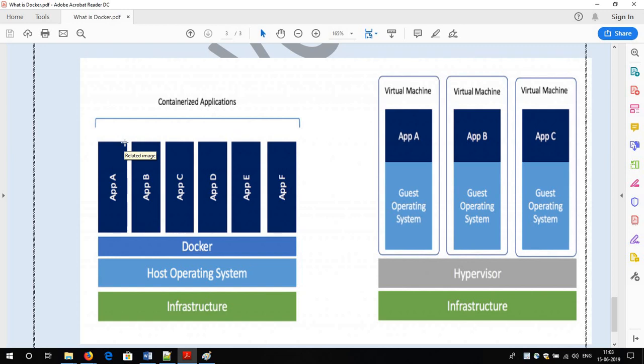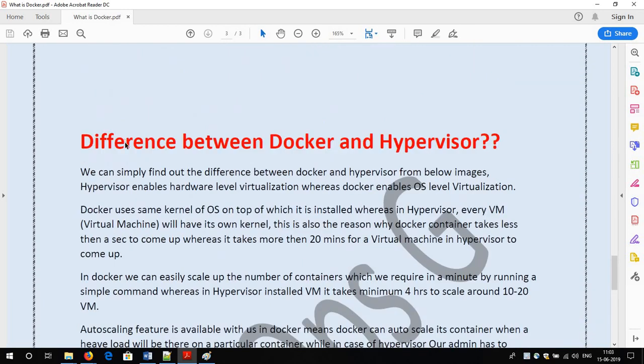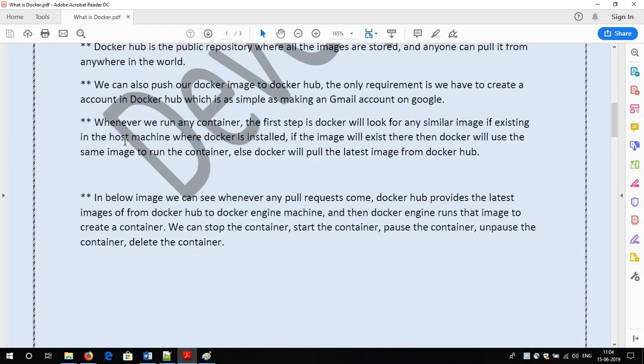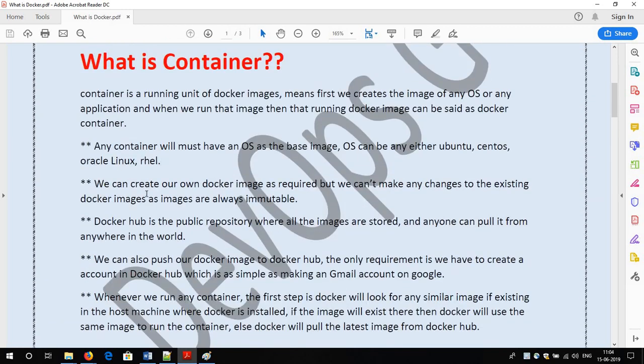You can't make any changes to the images. But yes, you have the right to make your own images as per your company requirement. So that is what I mentioned here: we can create our own Docker image as per the requirement, but we can't make any changes to the existing Docker image, as the images are always immutable.